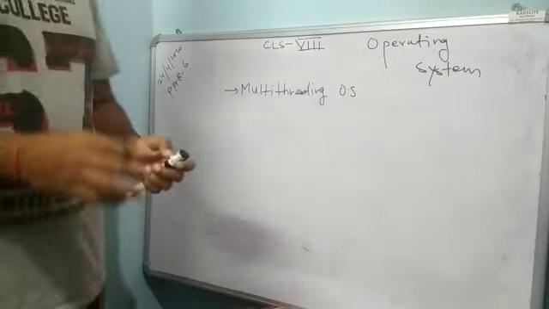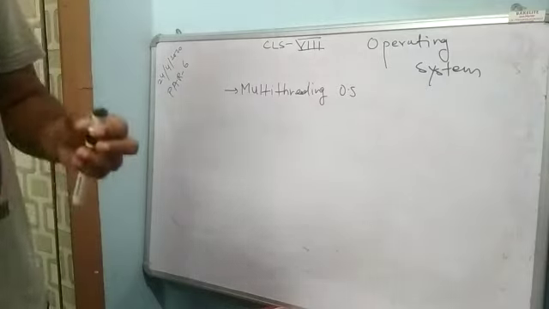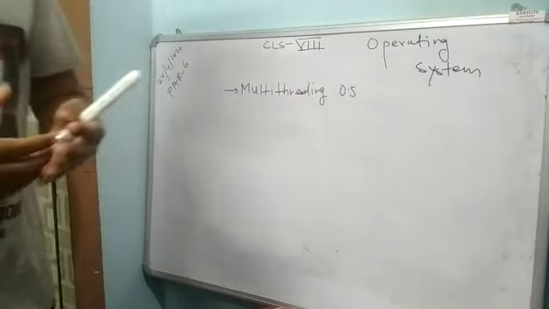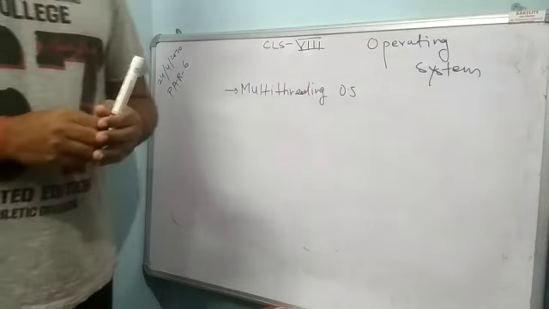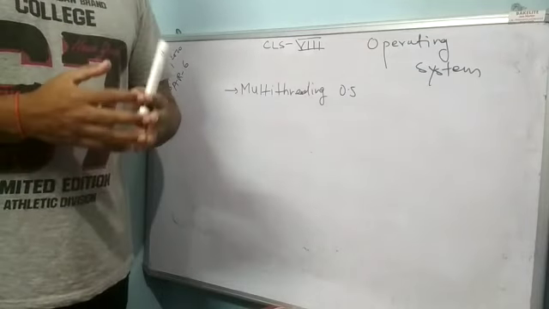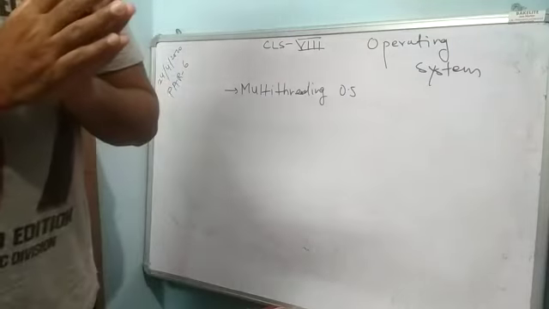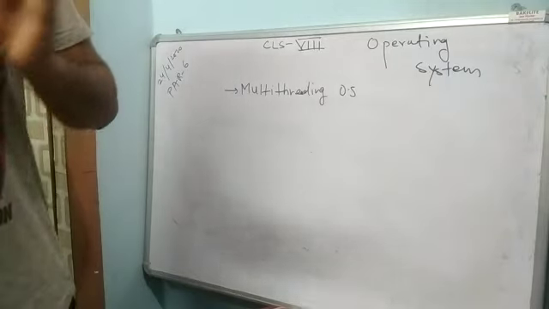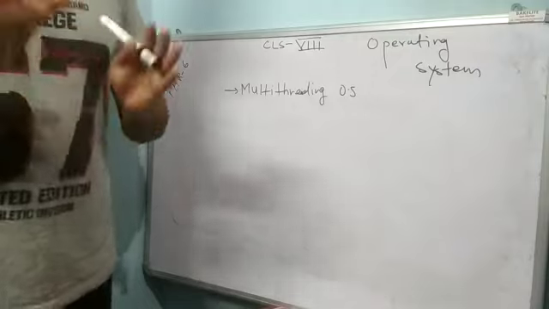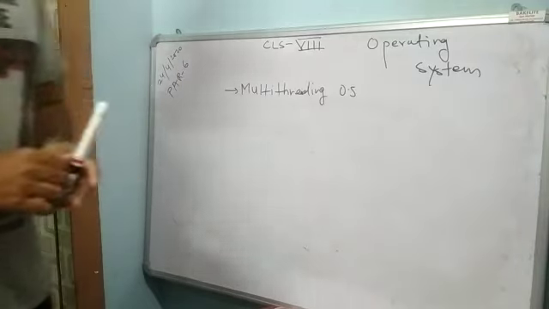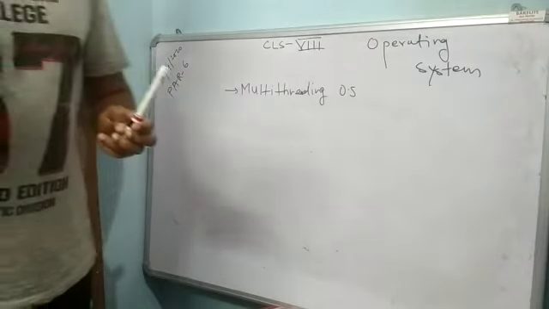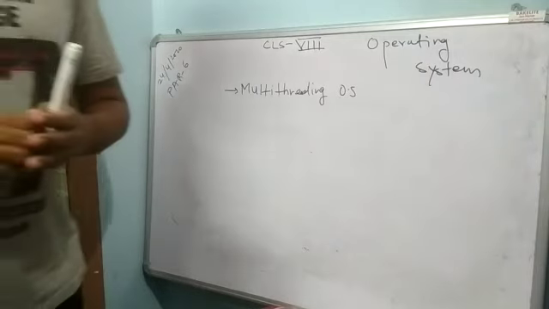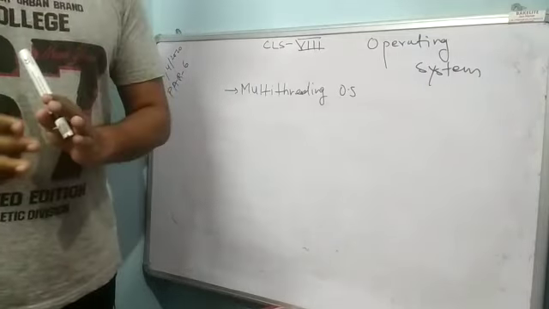The definition of the multi-threading operating system is that it allows sharing of different parts of the program by multiple users simultaneously. What I said is, it allows use or access of the different parts of the program by multiple users